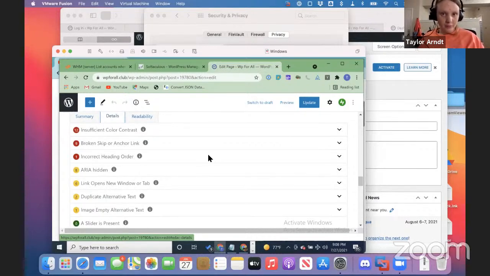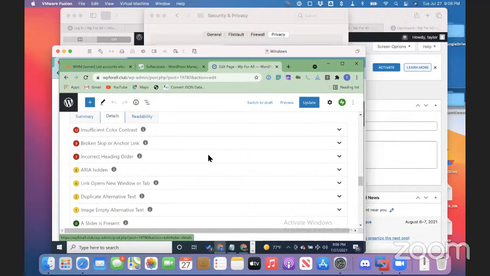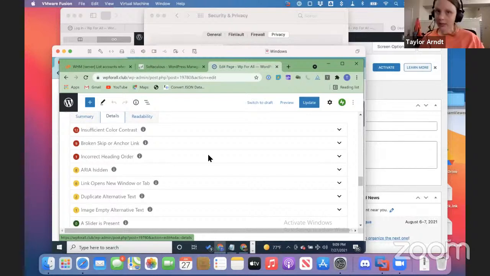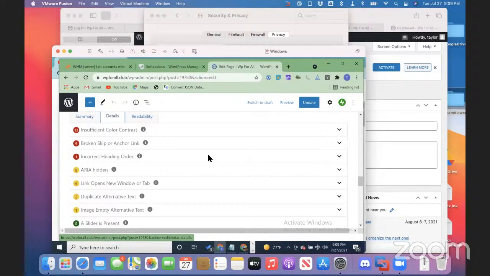We're not going to be able to fix all the issues on the site. Obviously, you'll be able to see there's a lot. It's reading like that because the letters in ARIA are all capitalized. Okay, actually it's a category. So ARIA hidden is a category that can be expanded.